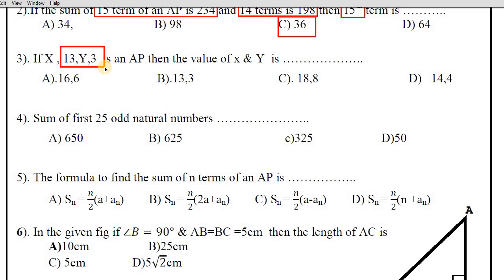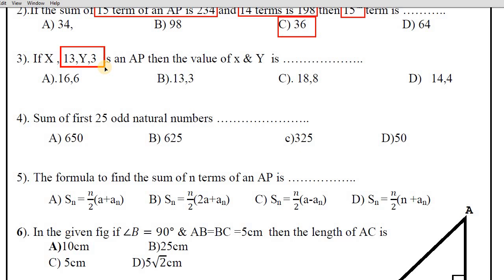So we can write y minus 13 is equal to 3 minus y. I repeat again, children. So y minus 13 is equal to 3 minus y. You may ask why I am writing like this. Because y minus 13 if you do, you will get D only. 3 minus y if you do, you will get D only. So use that concept and simplify.